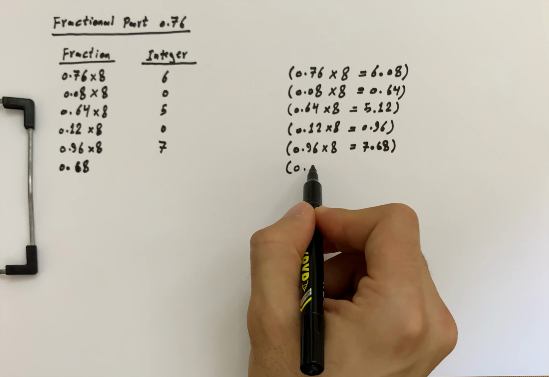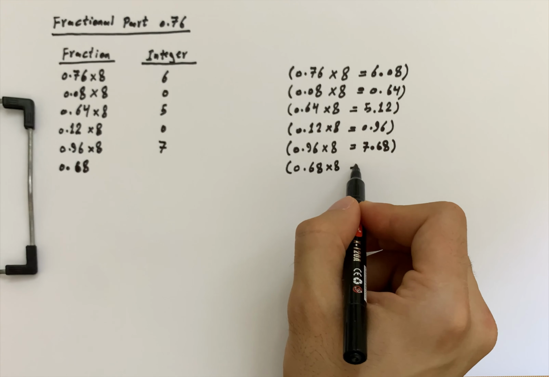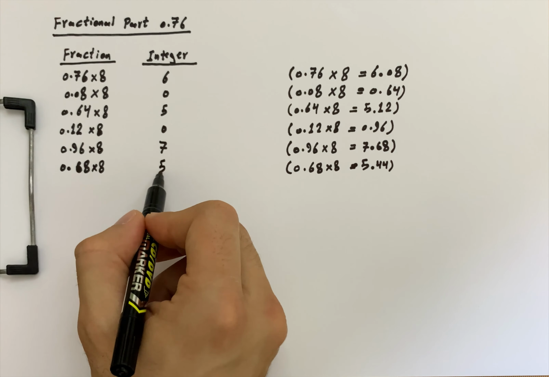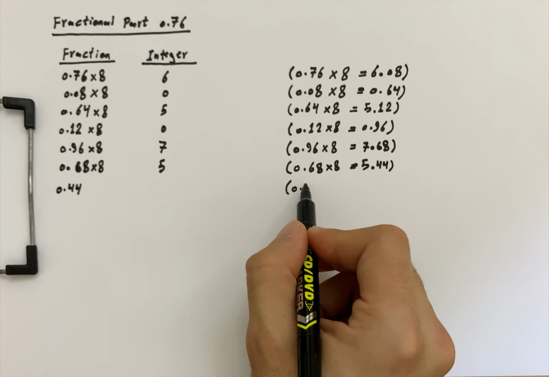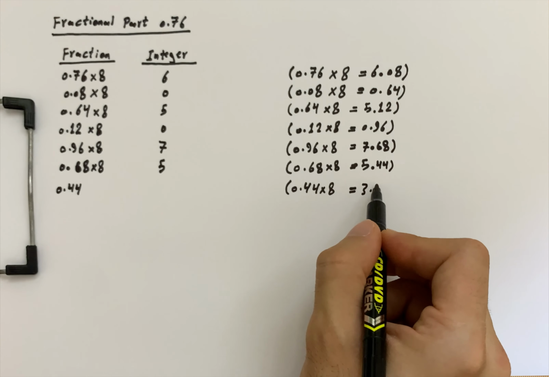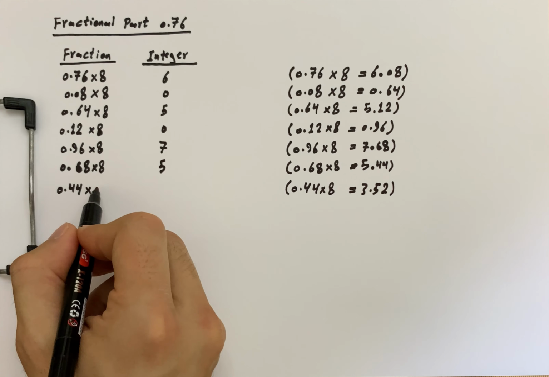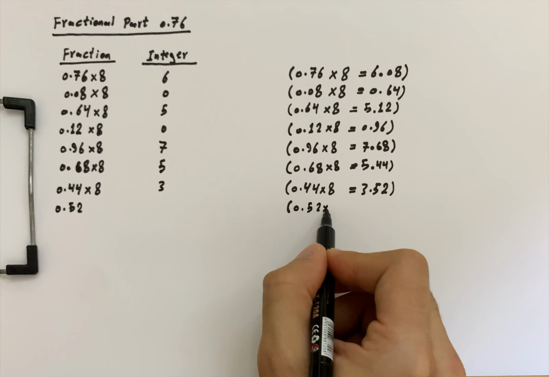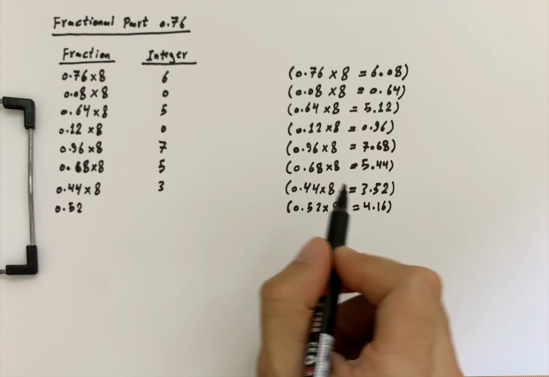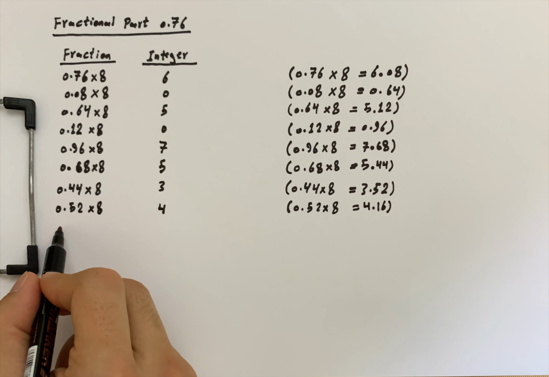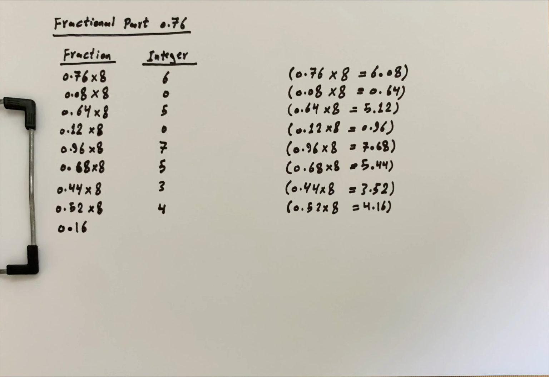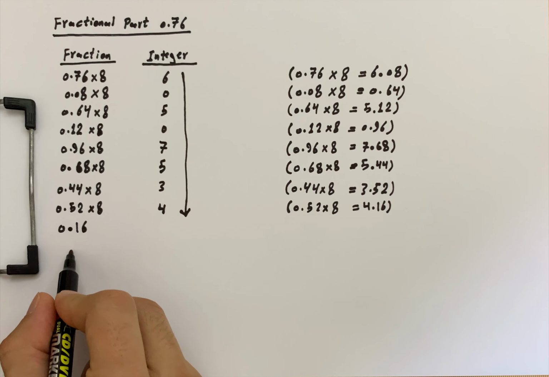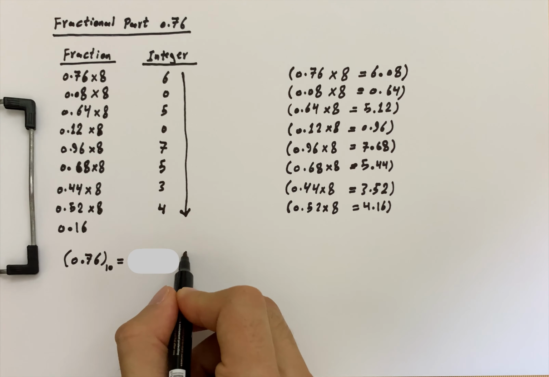Then multiply the number 0.68 by the base 8 equal to 5.44. So the integer part is 5 and the fractional part is 0.44. Multiply the number 0.44 by the base 8 equal to 3.52. So the integer part is 3 and the fractional part is 0.52. Multiply the number 0.52 by the base 8 equal to 4.16. So the integer part is 4 and the fractional part is 0.16. Stopping at 8 decimal places. Traverse the integer column from top to bottom. So the number 0.76 in decimal is equal to